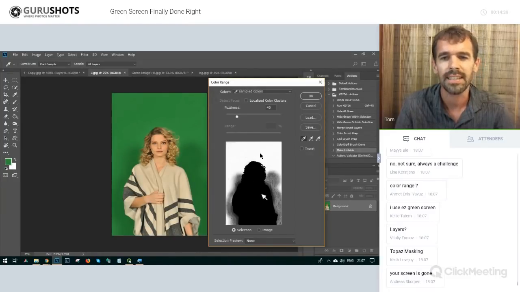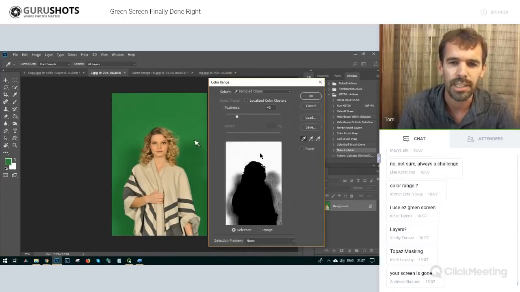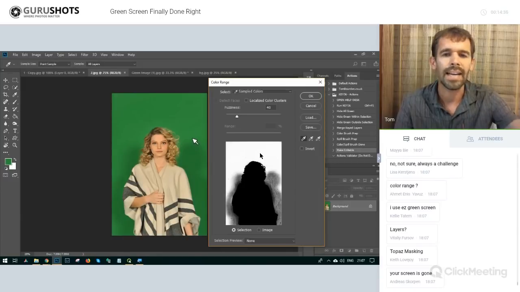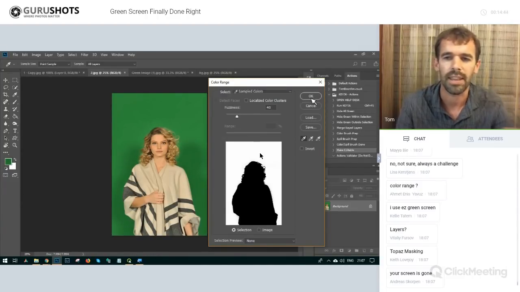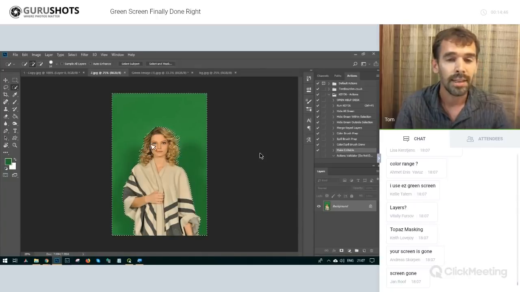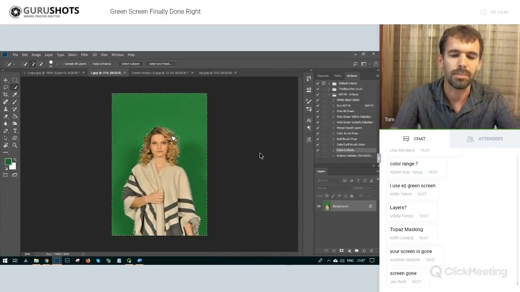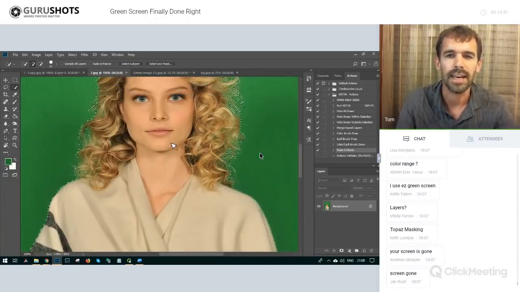Anything that's white will be selected, anything black will not be selected. Now there's a couple of different tones of green here, so I can add extra colors by holding down Shift and just clicking around until I think I've got all of that green. Okay, something like that. Now you see straight away it's done a much better job at selecting the hair,